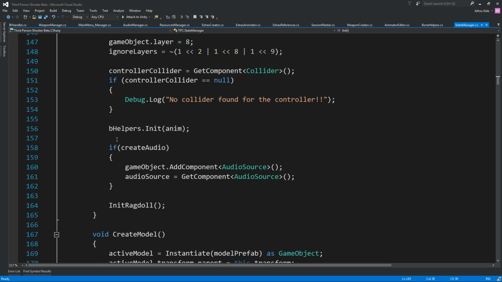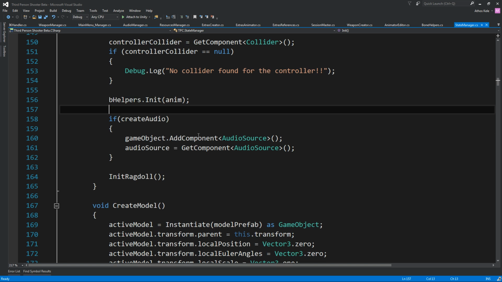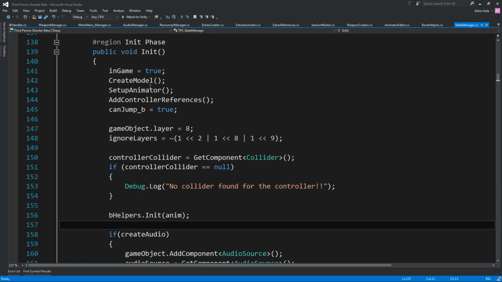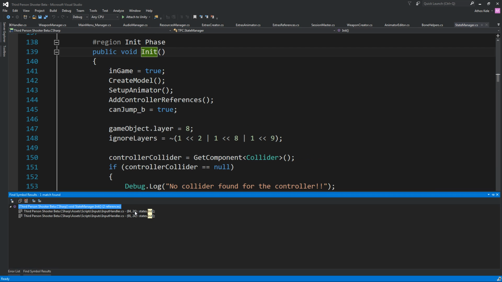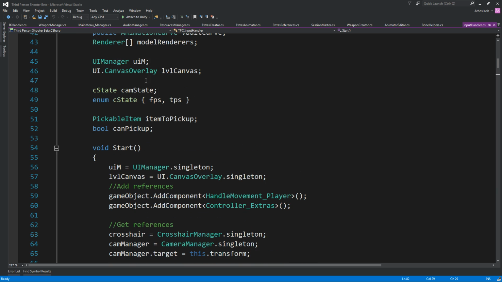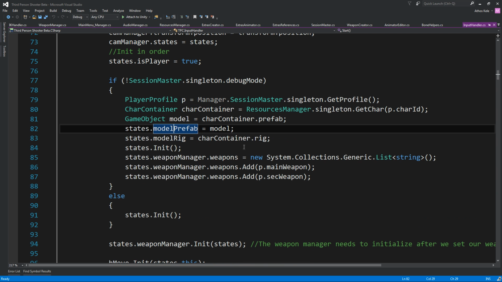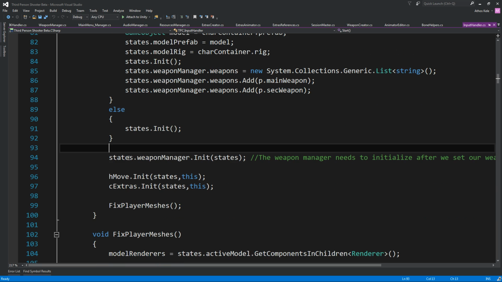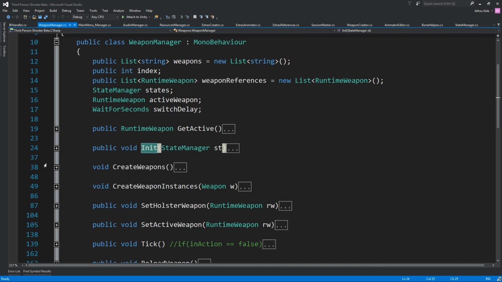we call everything and we initialize the bone helpers, and I think somewhere the weapon manager actually inits from here, from inside the input handler, which we haven't seen yet. But what it does, it initializes the state manager, which means it's going to initialize the weapon handler. However, we want to have control over our weapon manager because we want to override our weapons and add them inside the list. Okay, so it's going to initialize on the next frame, and when the next frame actually initializes,